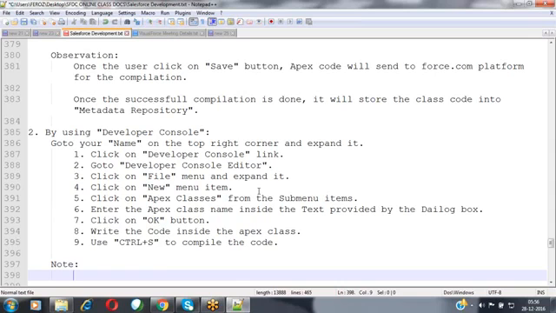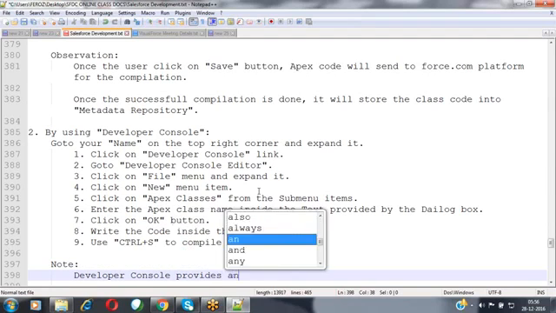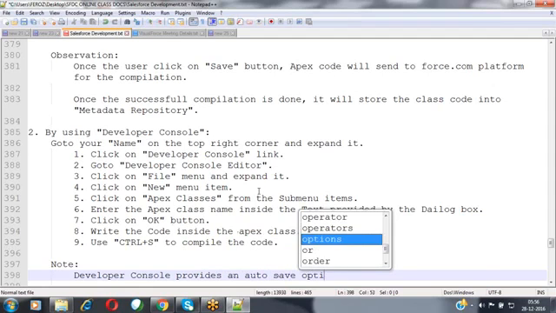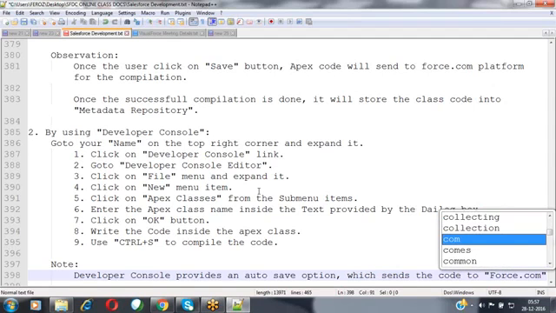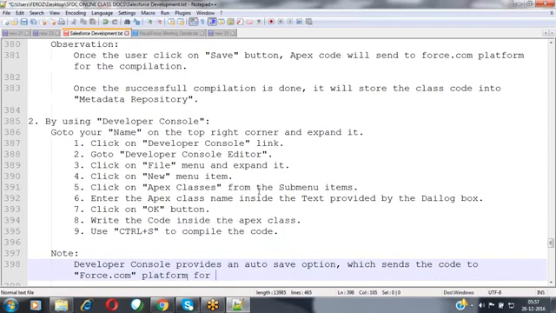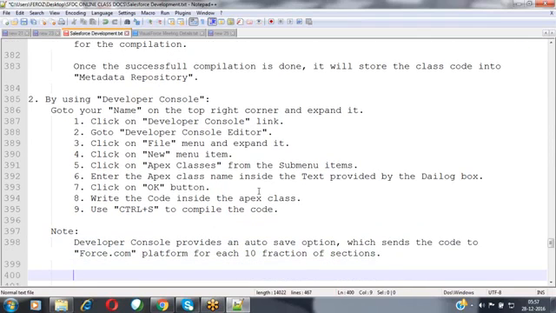The Developer Console provides an auto save option which sends the code to the force.com platform for each and every 10 fractions of seconds, so that there is no Save button available when coming to the Developer Console.